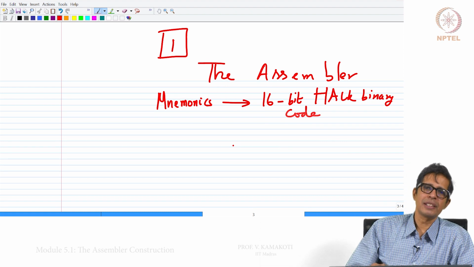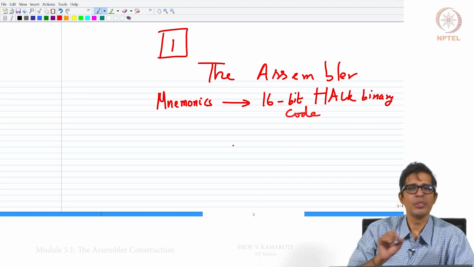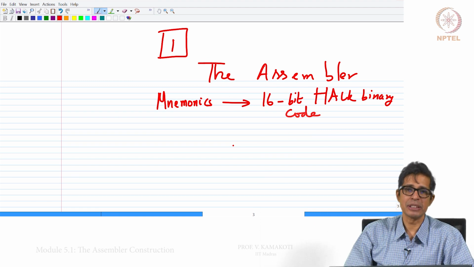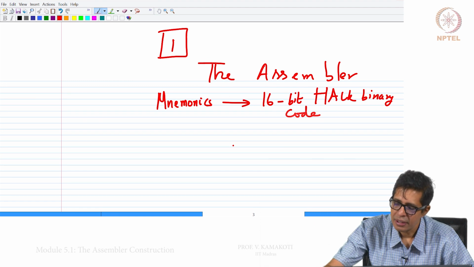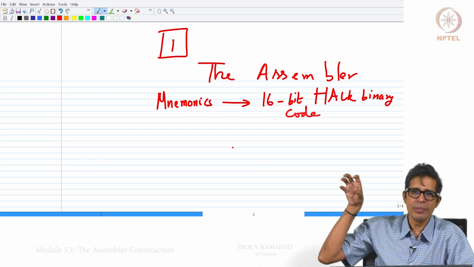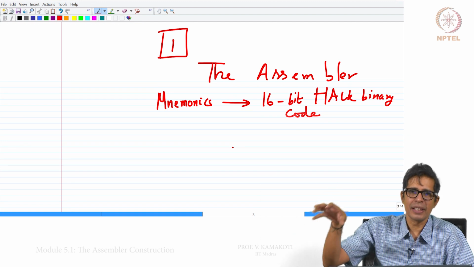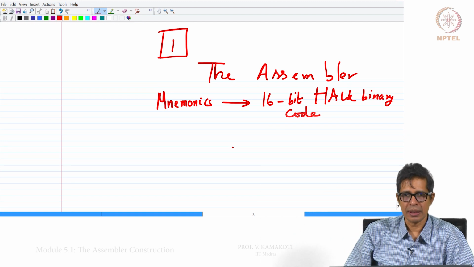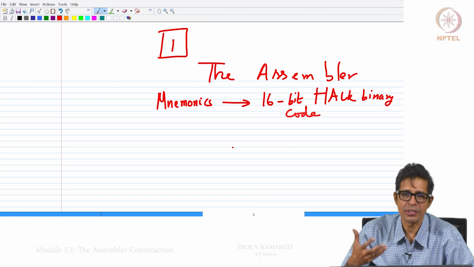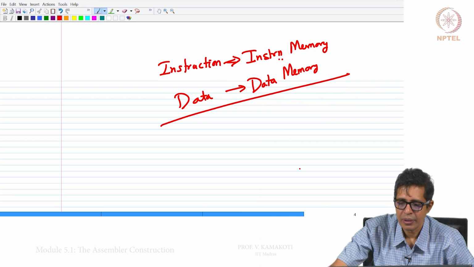But more importantly, we should also understand how the assembler works, and that is very important for understanding systems engineering. So, first we will describe how the assembler works, then we will tell what is the generic template for developing an assembler, the software, and how to write the software.